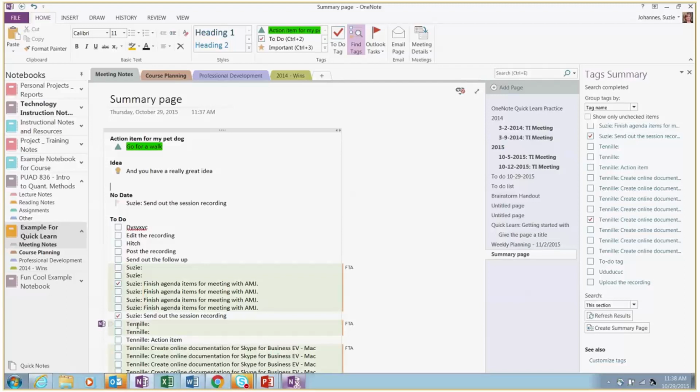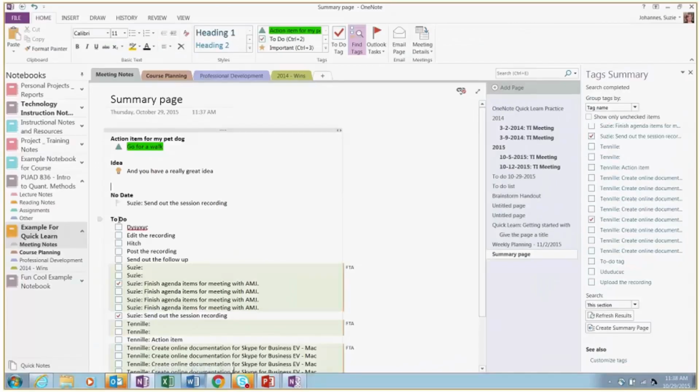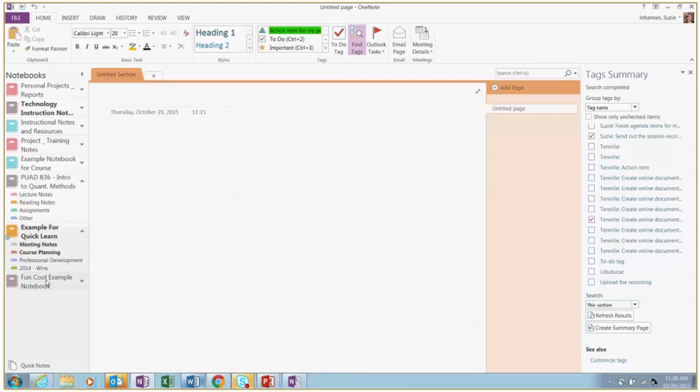Before we go to co-authoring, I want to show you a couple more things here about adding notes and your notebooks. So I mentioned that a lot of this stuff is possible as far as sharing because they're stored on OneDrive. If you want to see where a notebook is stored, you can always right-click on the notebook name and see the properties.